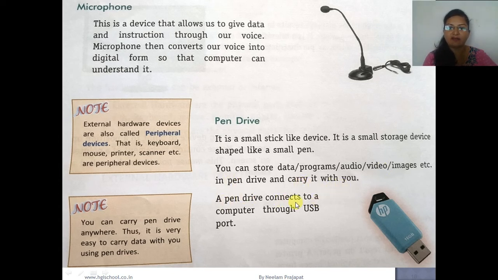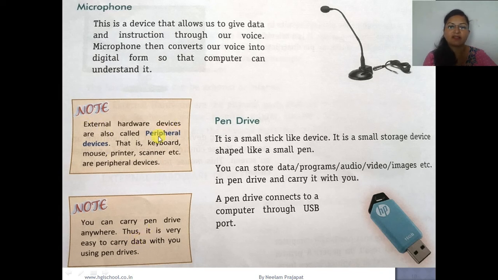A pen drive connects to a computer through a USB port. Just now I told you about the USB port. It is part of the motherboard, so it will come in the next slide. Since it is very small in size, it is very easy to carry data with us using pen drives.